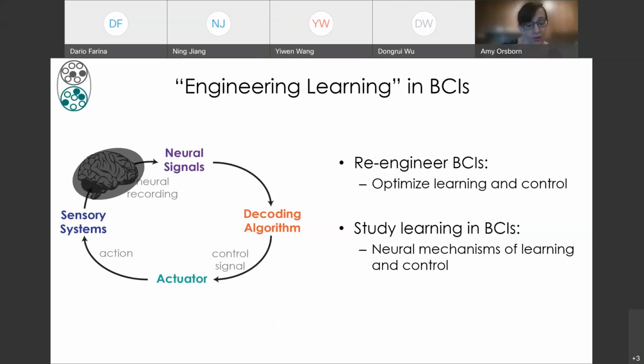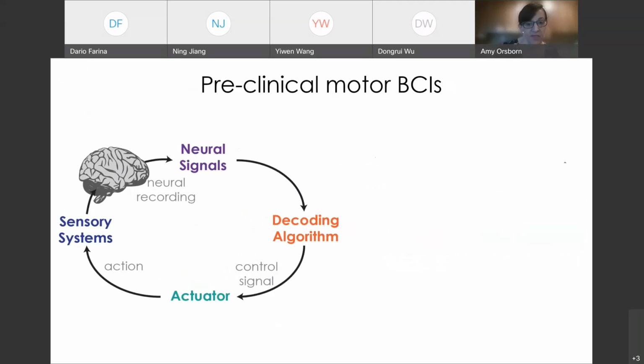But then we're also really interested in the actual neurophysiological mechanisms of learning that are happening in a BCI. And so here the goal would be to actually open up that black box and understand more about how the brain learns. And the goal here would then be that these two threads of research are ultimately going to inform each other. So as we understand more about the details of how the brain is learning and changing, we can improve our therapies to leverage that learning. But also where our devices might be failing, we could point to questions about how the brain is learning and changing. And we do all of this work in a preclinical animal model of motor BCIs.